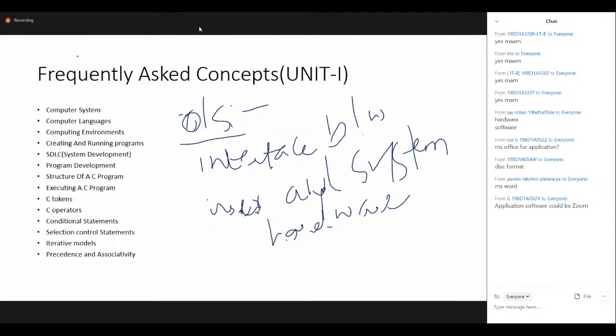Now when computer system is given, you will be writing the related concepts which are related to hardware. First you'll write the definition of computer. What is a computer? A precise definition. Then how is your computer system categorized? Computer system is broadly categorized into two things. That is nothing but you're going